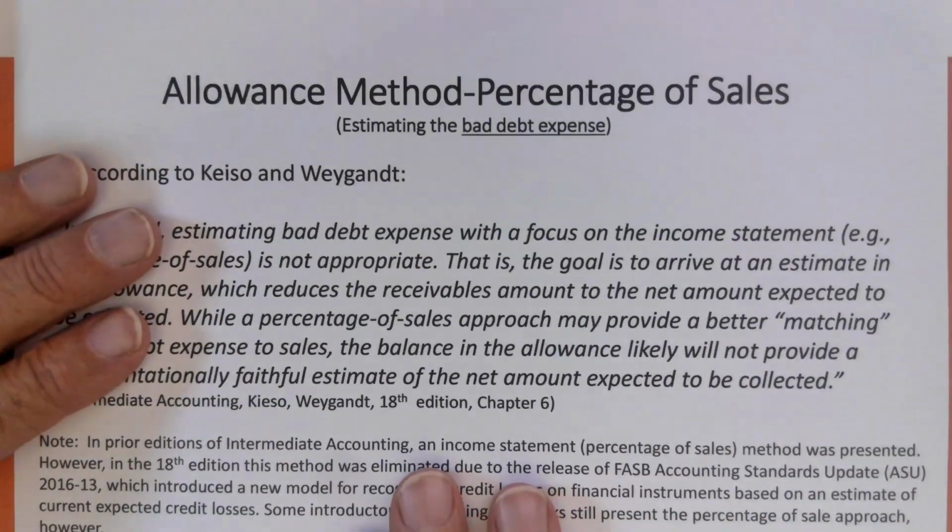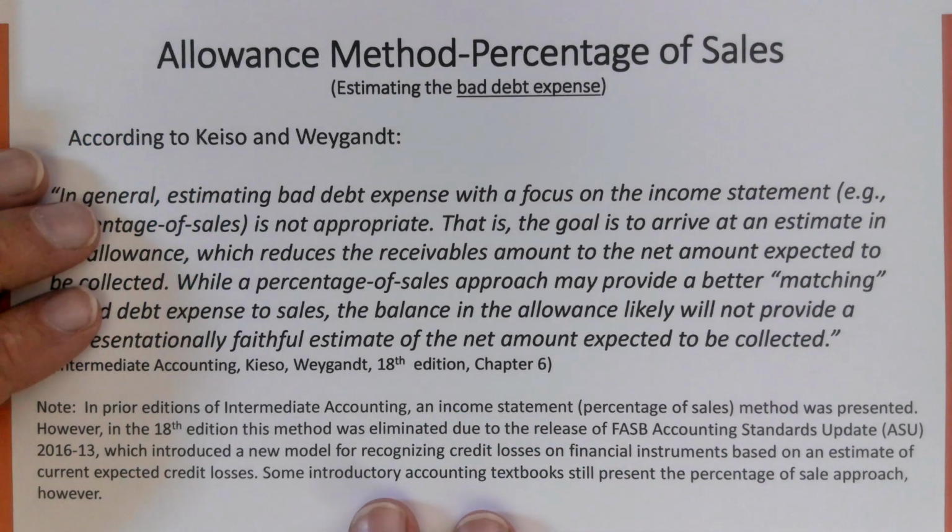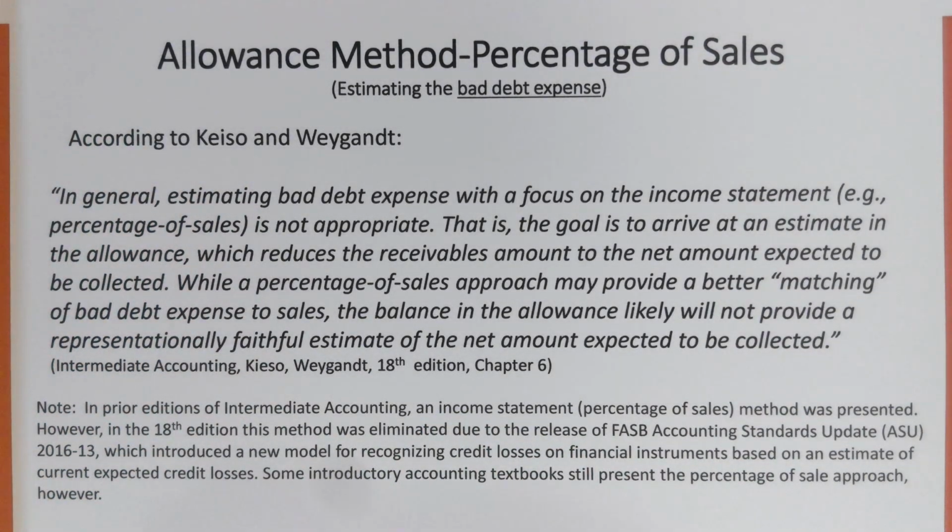Now, as we do this, we've got to estimate the uncollectible accounts. And as it turns out, we should be looking at accounts receivable and not so much at sales. I just want to throw this in at the beginning because years ago, companies would either use a percentage of their sales on account to estimate their bad debt, or use a percentage of their accounts receivable to estimate their bad debt. But nowadays, after